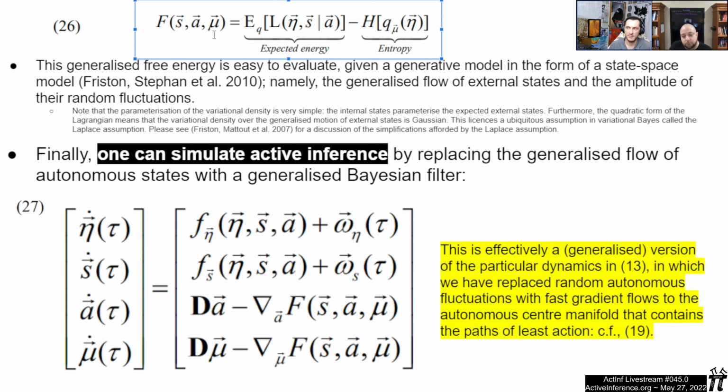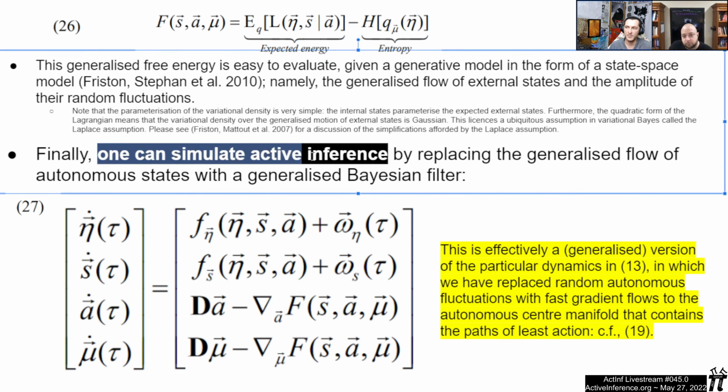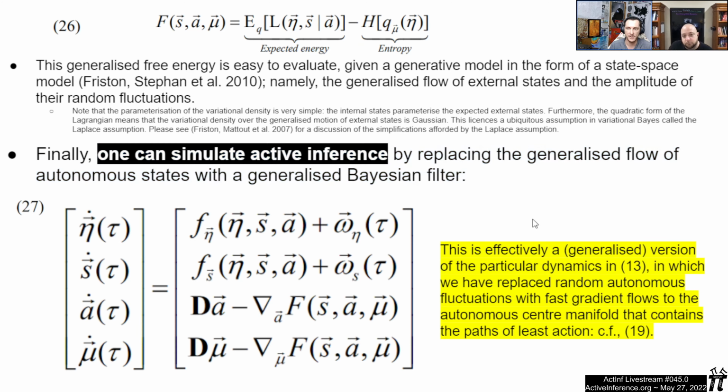Here it is. F of sense, action, and internal is going to be some terms that we'll learn about. And finally, one can simulate active inference by replacing the generalized flow of autonomous states with a generalized Bayesian filter. So here we have 27. Very similar, except notice that there's a lot more arrows,